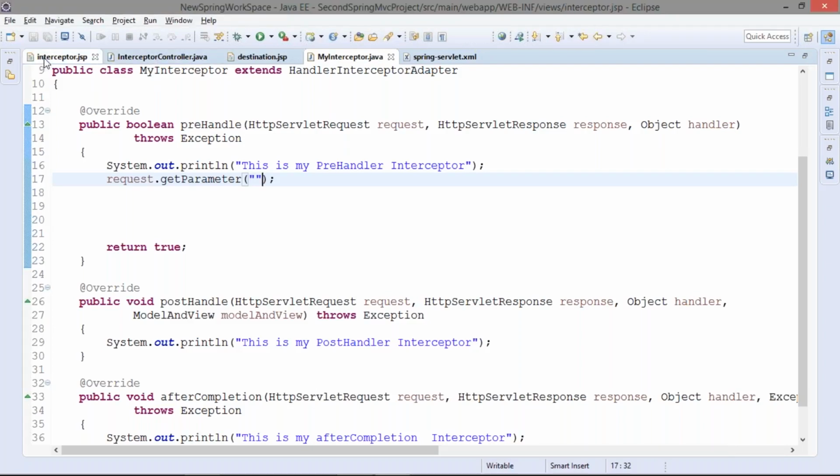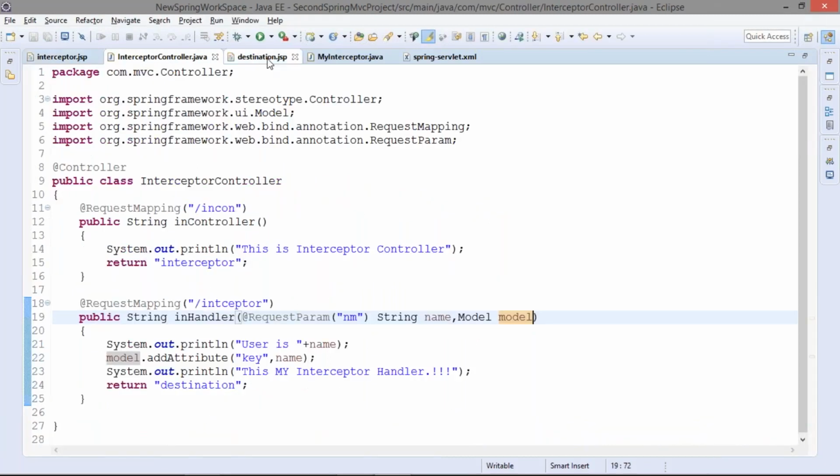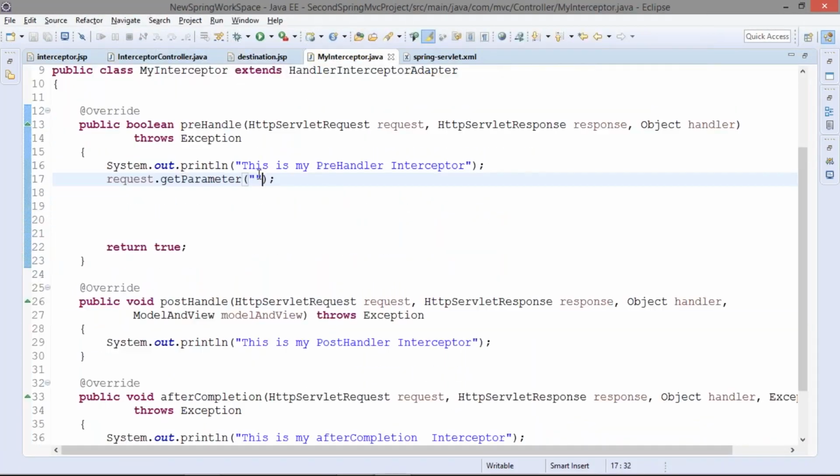So we'll go to interceptor.jsp and copy the key, and paste it here in my interceptor, because in this key itself, whatever data the user is passing will be stored. So I'll say request.getParameter, and whatever value we have, we will store in some variable. We'll say String name equals to